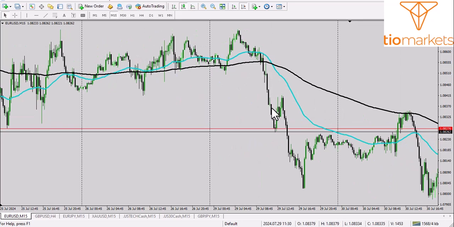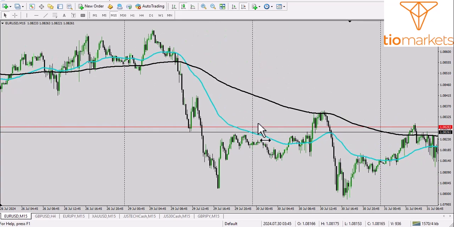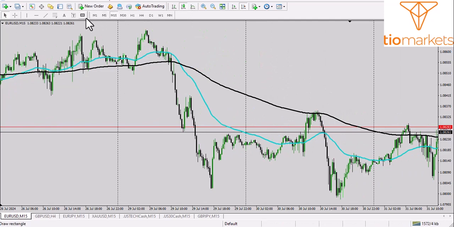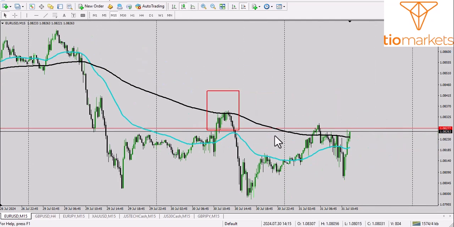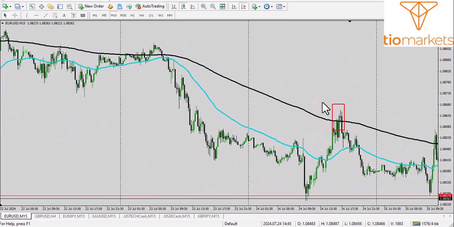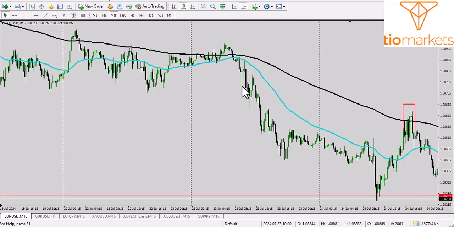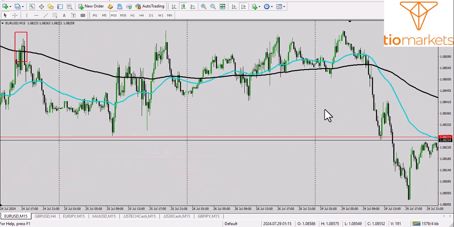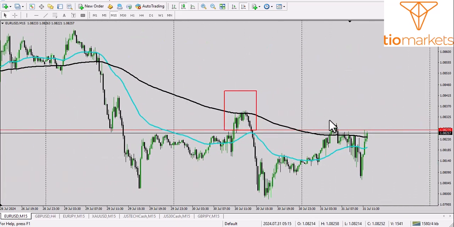For example, break here and it goes away from the moving average. When it comes back to the moving average, which is the EMA 200, you get your retest there, and you go like that. And remember, this is the use number 2. And when we go to the other use, which is targets,